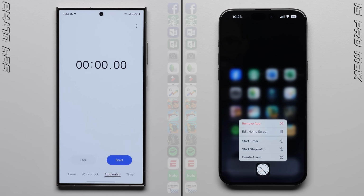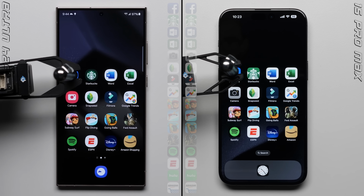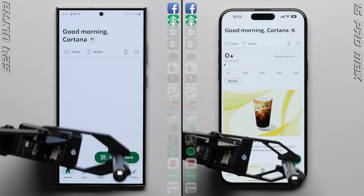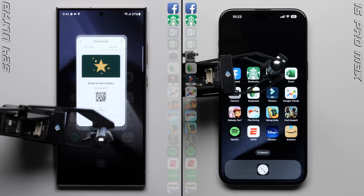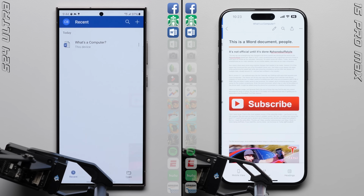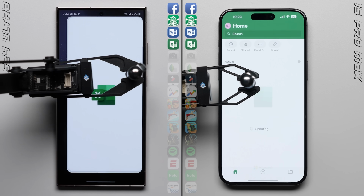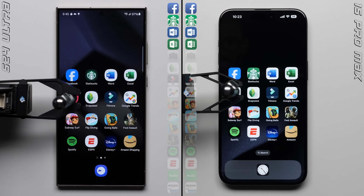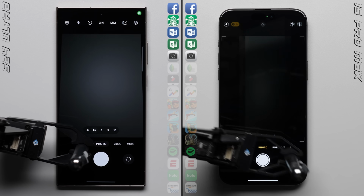Alright, we'll kick things off by starting the stopwatches on each phone and then jumping into the first row, where the iPhone is able to get the step over the Galaxy in Facebook, with the Galaxy mostly recovering in Starbucks, with each phone now loading the same 500-page Word documents, with the iPhone finishing just a hair faster as we move on to Excel, where this time the Galaxy is a little faster,